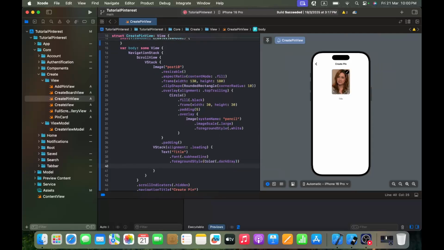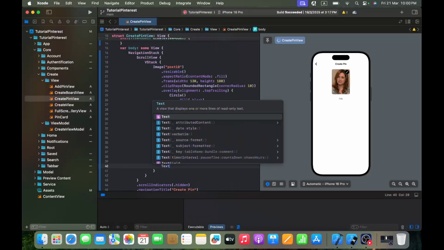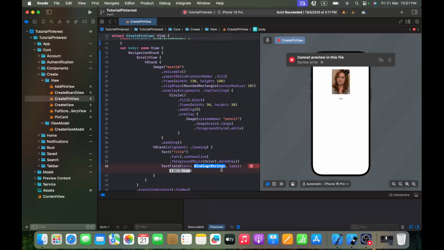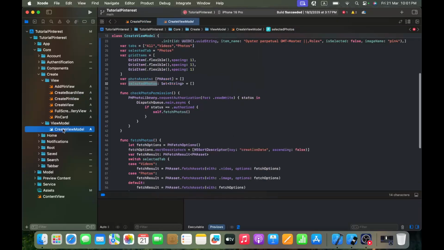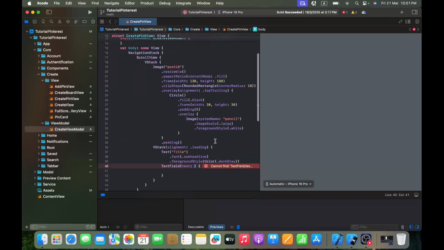Okay, perfect. Then after that we got a text field, so this text field. And for this text field I'm going to use this one, the text and label. Okay, so for the text let's add one in our view model. So in my view model, let's add one that says title, so var title of type string, and it will be equal to an empty string. So that here I call $viewModel dot